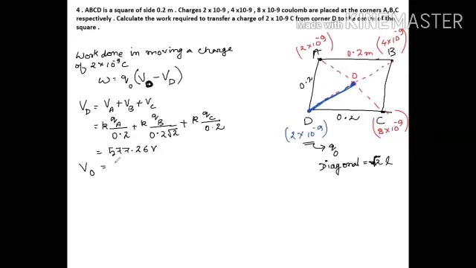So similarly, we will consider K QA by OA, where OA is the distance from charge A. Then again you take K QB by OB, and again you consider K QC by OC. So this is the potential at point O. Now remember, OA, OB, and OC are all equal, and they are all half the diagonal length.